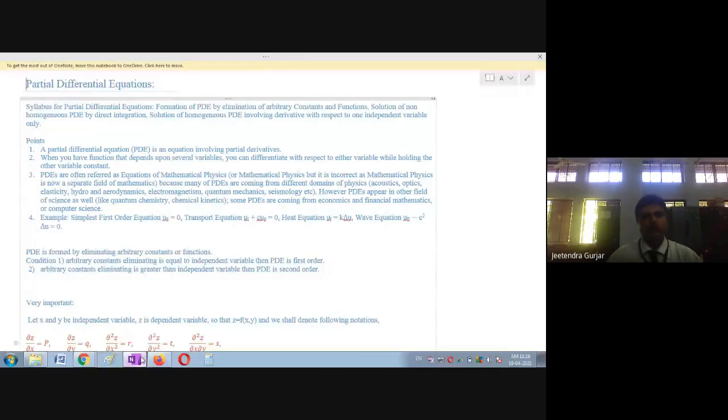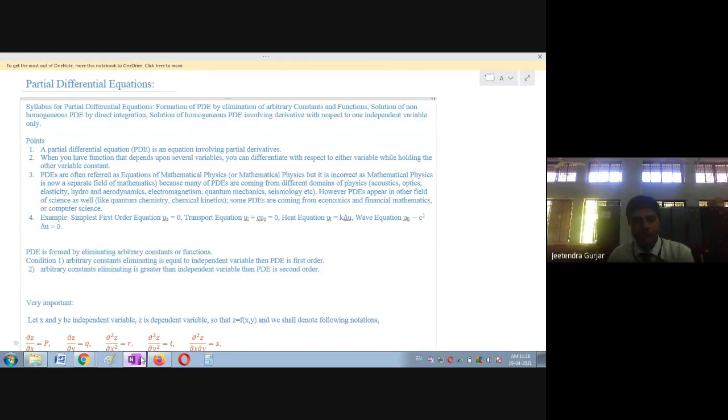See here, students. Now just see what we are going to study in partial differential equations. We are going to study the formation of PDE. How are we going to form the PDE? In simple terms, partial differential equations can be denoted by PDE, by elimination of arbitrary